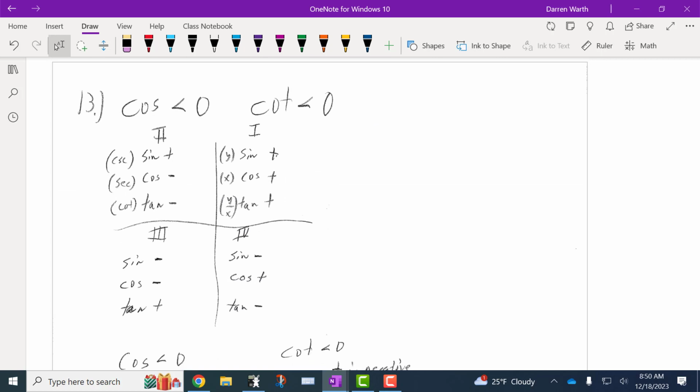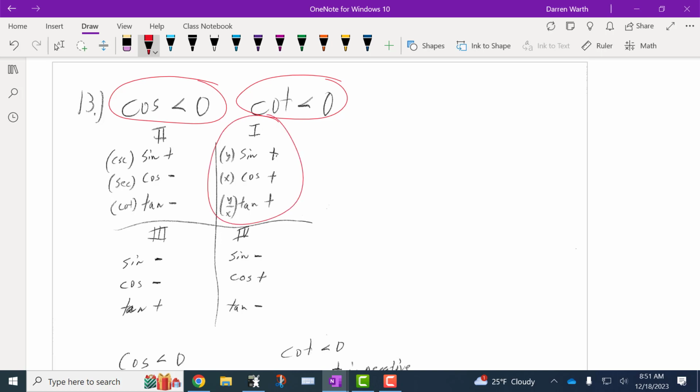Okay, number 13 says identify the quadrant in which theta lies. So here's our definitions. It says cosine of theta is less than 0. Cotangent of theta is less than 0. Well, to answer this question, we have to do our chart again. So on our chart,